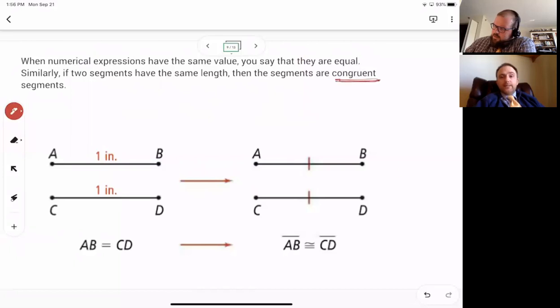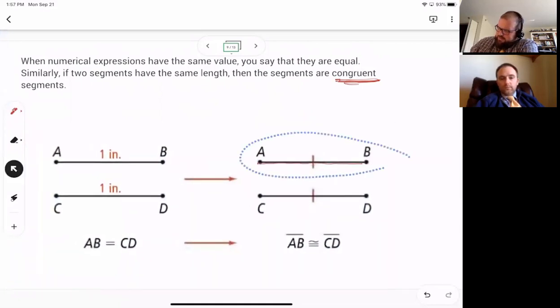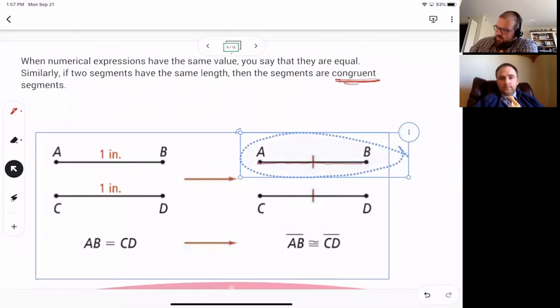It is brand new. So things that are congruent are things, and I really like the way that we can describe that if you took segment AB, and I'm going to see if that'll do it, and you moved it